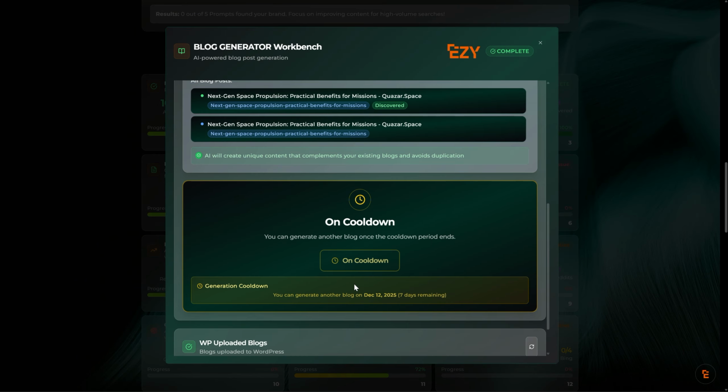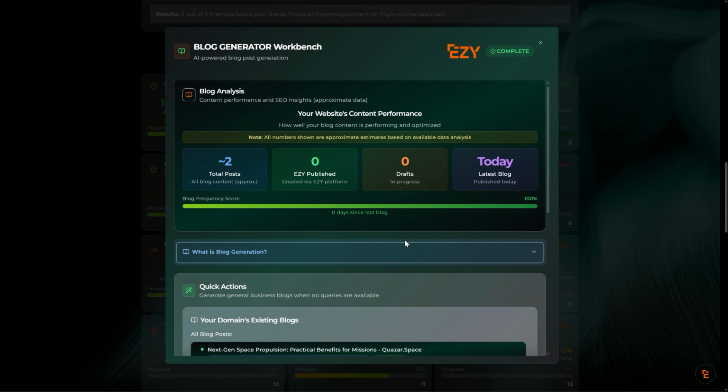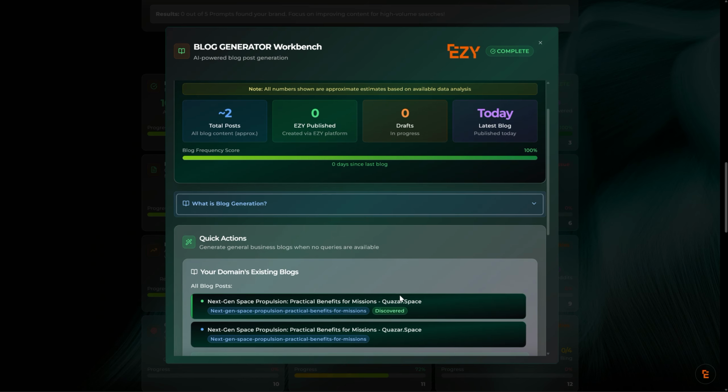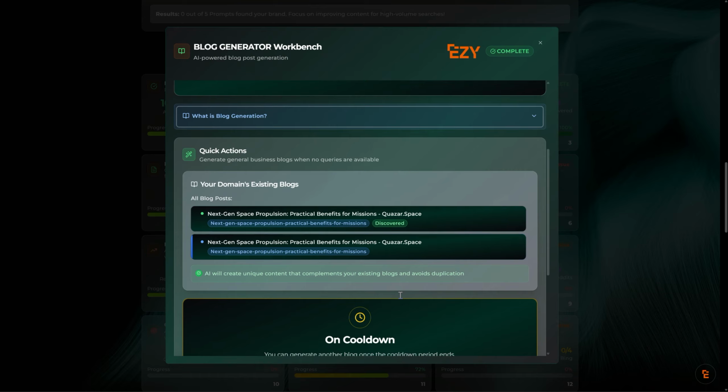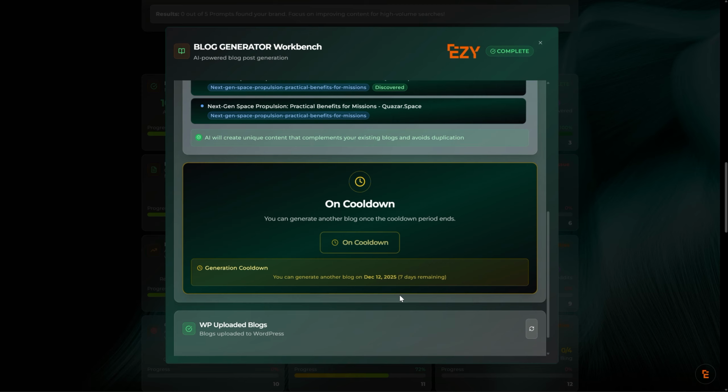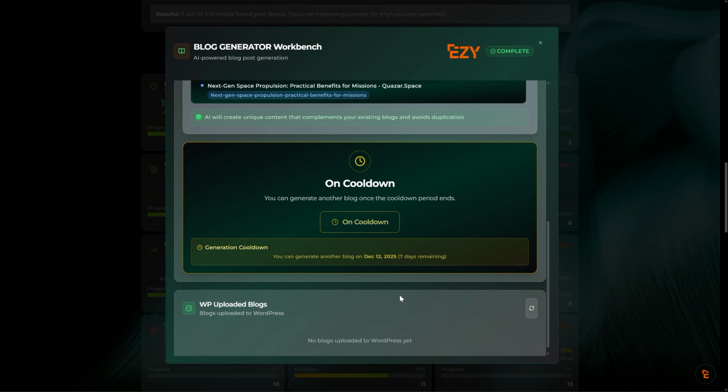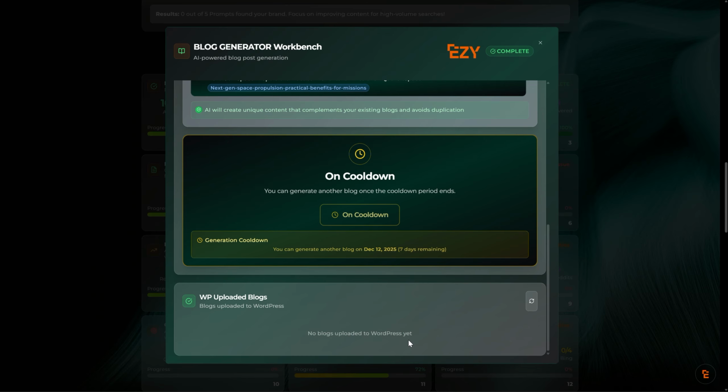We have to be very careful these days of what people call AI slop. So what our blog generator does is it looks through all of your existing blogs, looks at the sentiment, looks at your writing style, and looks at what you say about your business. And then EZY.ai will create a blog using the same type of signature content and exactly the same type of writing style. EZY only allows one a week, so we're currently on a cool down period, but you can upload